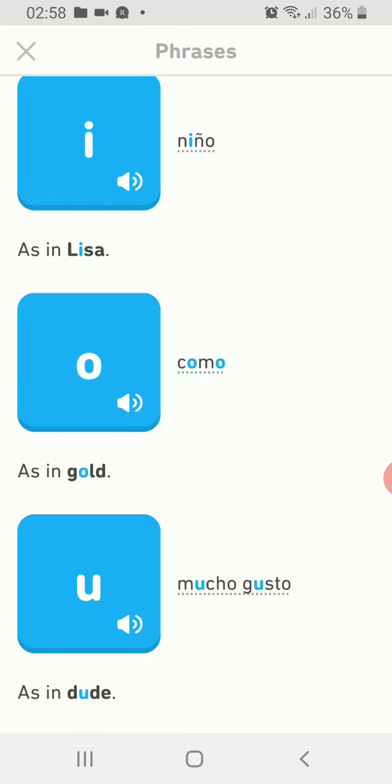Como. So this is interesting because you remember I said that accents are very important in Spanish. If there would be an accent on the first o, I would say cómo. Cómo eres tú? How are you? Or cómo estás? It's not cómo eres tú. Cómo eres is to describe how you are. Remember, there are two different